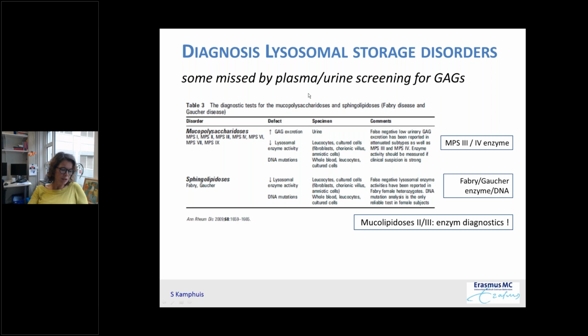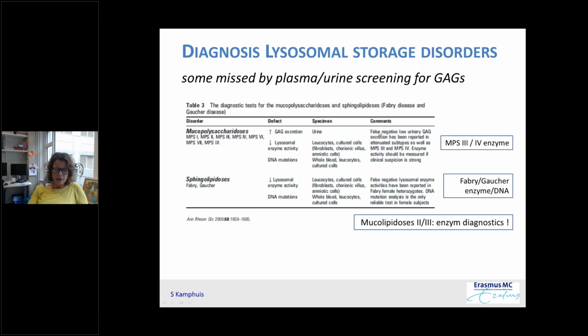So again, if we would have done only that and the lab would have said there's no metabolic disease, then maybe we would have had a delay of another few years. Now you really have to look for these specific diseases. So you go to table 2 or table 1 and you list the diseases that can actually fit with the phenotype of your patient. Then you take the paper and go to table 3 and look what